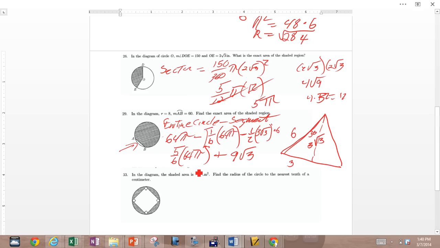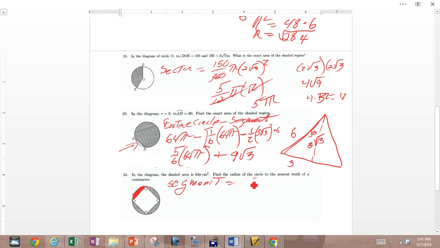Number 33, the shaded area is 64 pi centimeters cubed. That's these little caps right here. All of them are 64, which means any one of them is 16 pi. Find the radius to the nearest tenth. So it's kind of coming back to this, okay? What I know here is I've identified the shaded region as the segment,